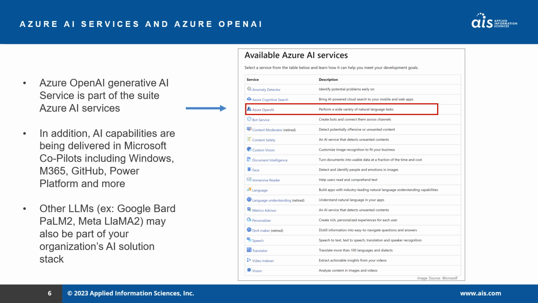And even beyond this scope, there's the much broader scope of AI capabilities that go beyond just generative AI custom development. And that goes into the new copilots that Microsoft is delivering, whether it's Windows Copilot, the new Microsoft 365 Copilot, GitHub Copilots, and then the copilots that are part of the Power Platform. Those also eventually you'll want to fold into your overall governance structure within your CoE.